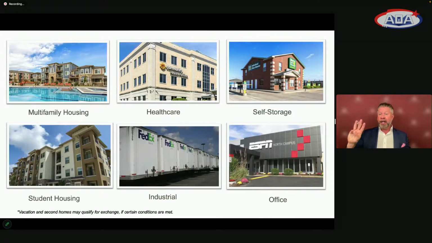Now, something called the 3-property rule in 1031 exchange. The IRS says if you sell your one property, you can identify 3 new properties as you go out into the market. And there's something called the 200% rule. If you want to go beyond 3 properties, say you're selling a $1 million property, you can identify $2 million in real estate. So what you could do is take your $1 million sale of a property, put a third of it,